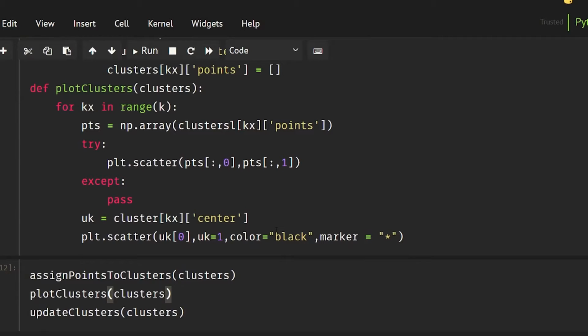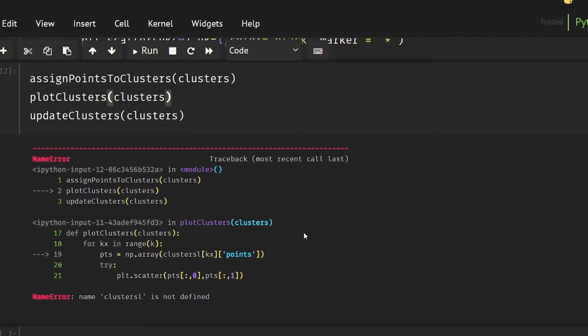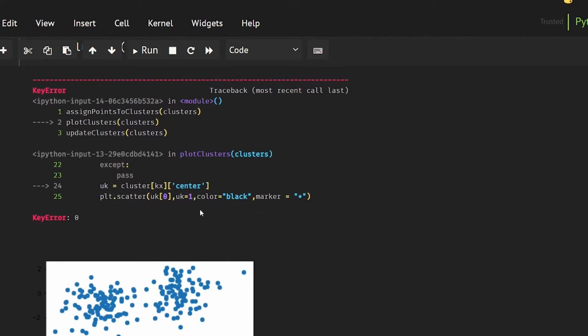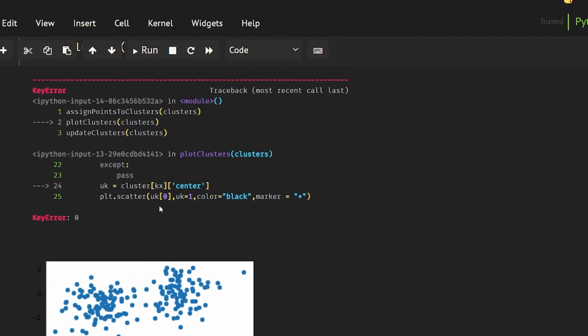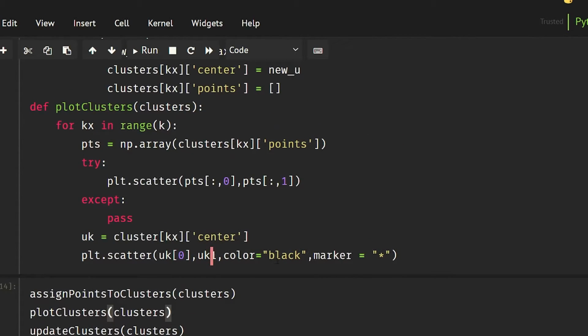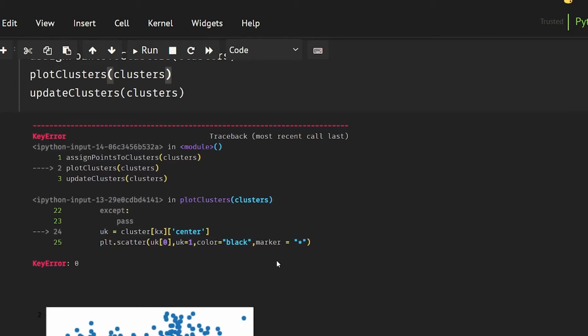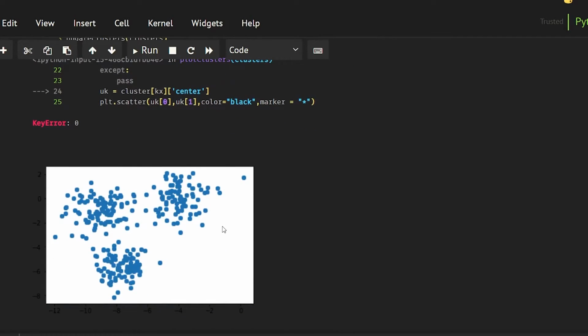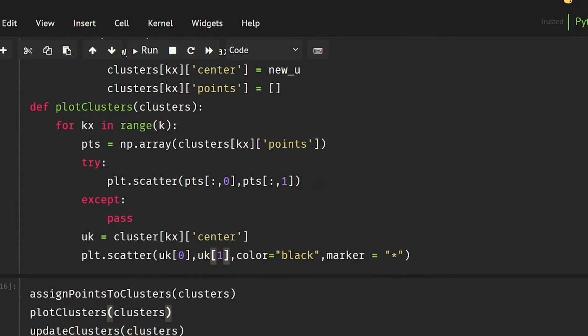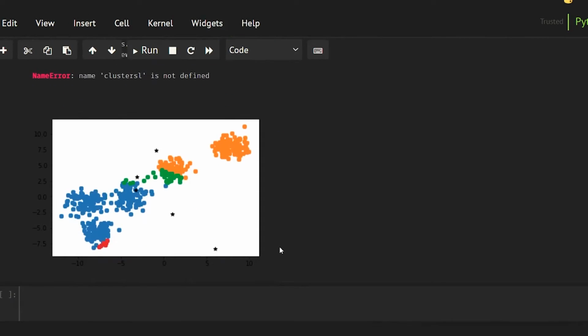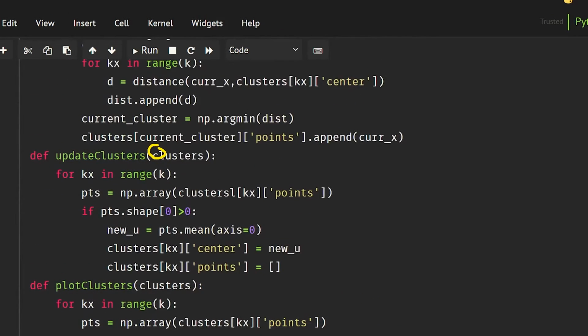So it is saying clusters, I guess. Yeah, this spelling is wrong. Okay, so float cluster, key errors loop. So it should be UKS from. Okay, it is still telling that this is wrong. Let me see what the problem is. Okay, so this should be clusters, not cluster. So as you can see here, we still have one error. Update clusters. Okay,